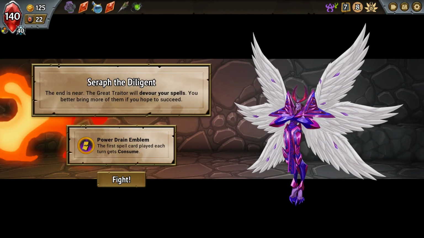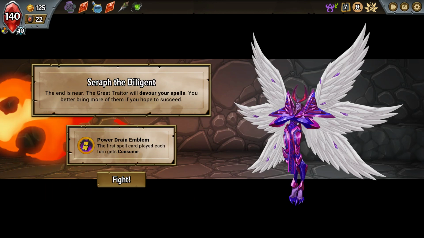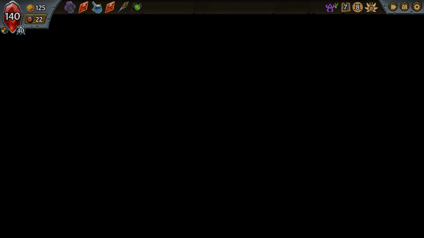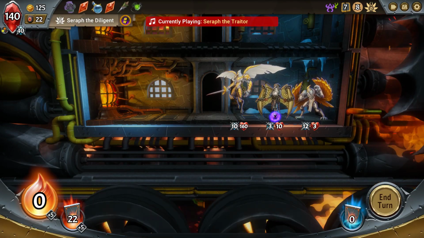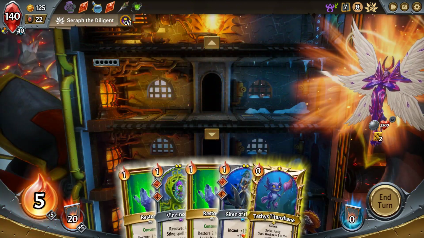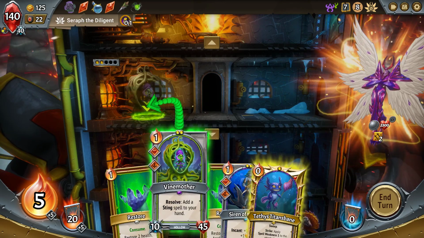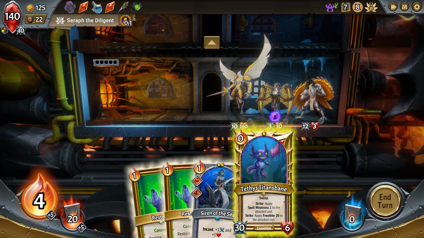I didn't really think of anything I wanted to remove. Oh, right. This could be bad. I forgot which Seraph we were fighting. Well, surprises still. But if we keep getting provided stings, we can use the stings as a way to get rolling. So I do want the Vine Mother out right away, right? Then...